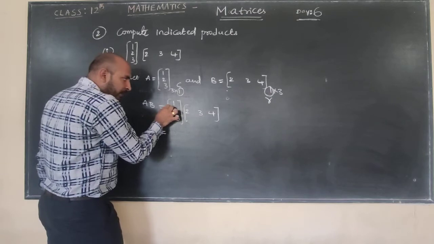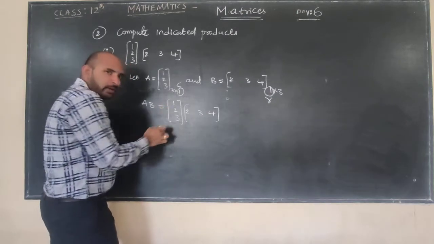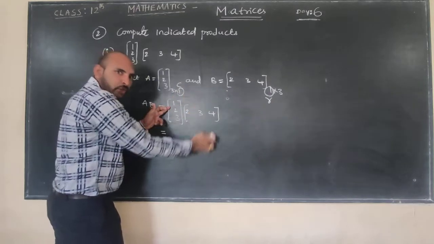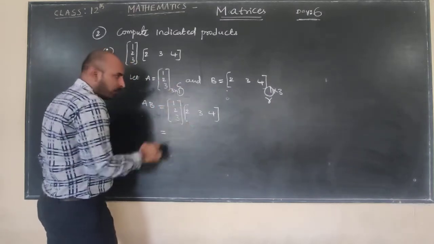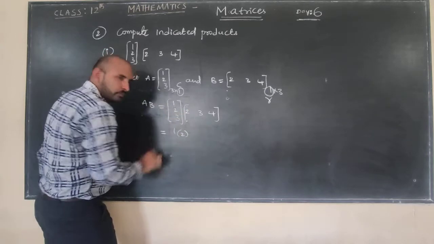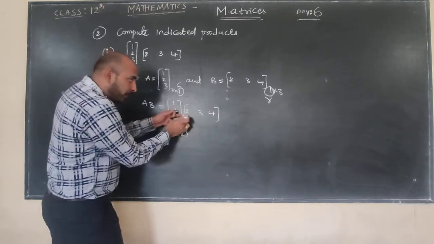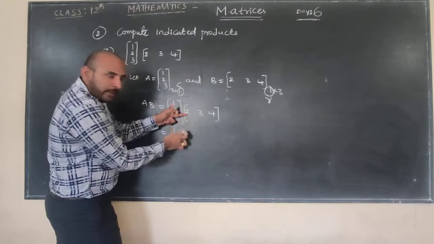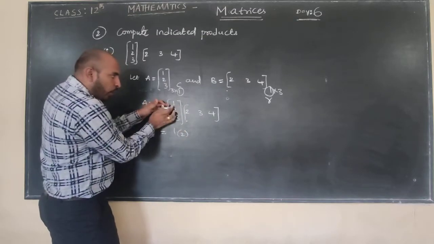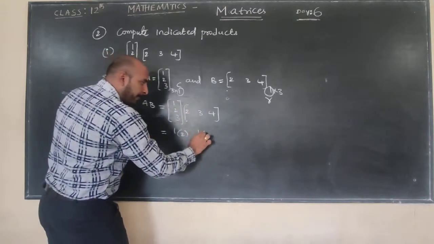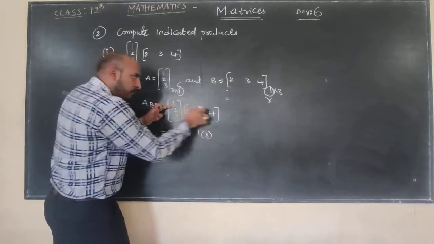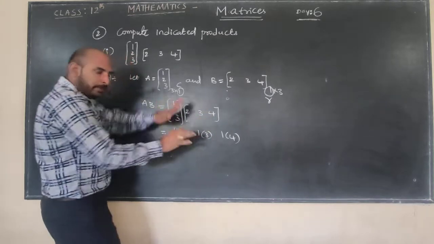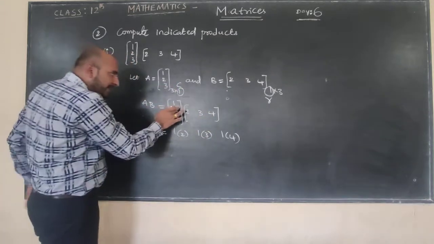So first row multiply. This is first row elements. According to multiplication, first row elements multiply with first column, second column and third column as it is. First row with first column, 1 into 2. First row, first column completed, because there is no other element in the first column, only single element. Now first row with second column, 1 into 3 completed, 1 into 4. First row, first column, second column, third column completed. First row over. Now coming to the second row elements.